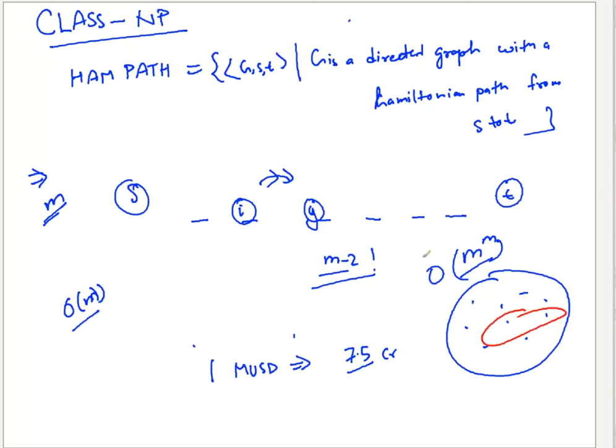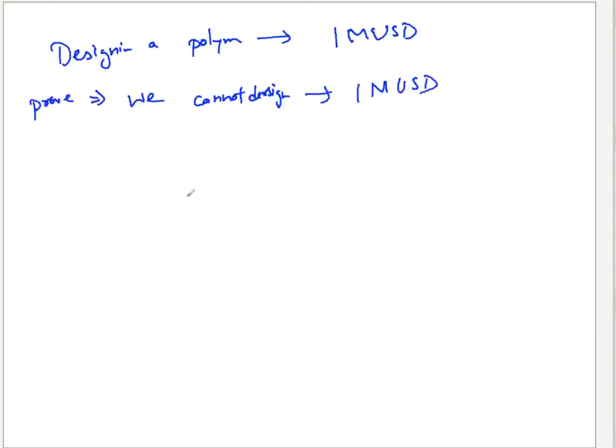So that is the hardness of this problem: before declaring the result, you have to visit all the solution points, all the possibilities. And we are not able to find any efficient way to discard things there and only look at the efficient solutions and comment on the final answer. So for the Ham path problem, we don't have any efficient polynomial time algorithm, and we don't know whether any exists or not.